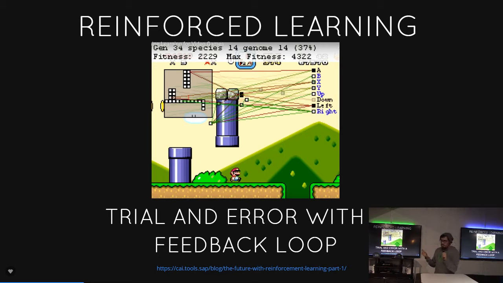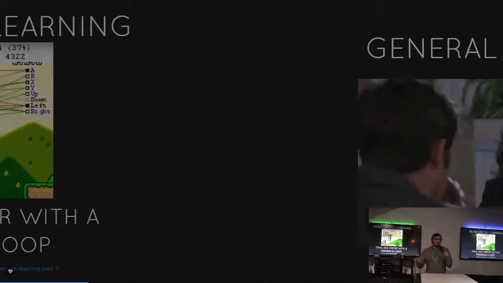And reinforcement learning. This is trial and error with a feedback loop. So you have to tell the machine if it did well or not and have parameters of what is good and what is bad. This example is teaching the machine to play Super Mario World. In this example, good is a function of how far you move to the right and not die. So the machine tries literally everything it can with all its inputs, and that's what all those little nodes are. It's trying to map, I tried this here and that there, and then there's a visualization. But the important part here is the feedback loop. You've got to tell the machine that it did well or not.